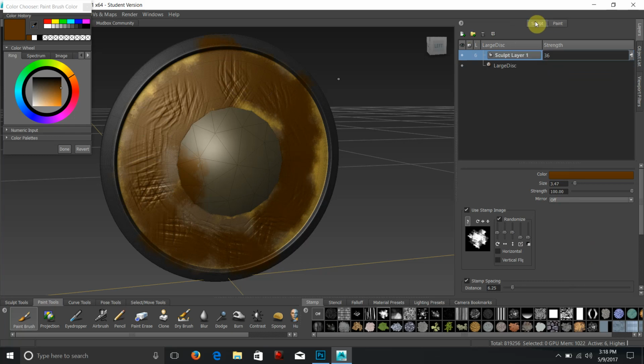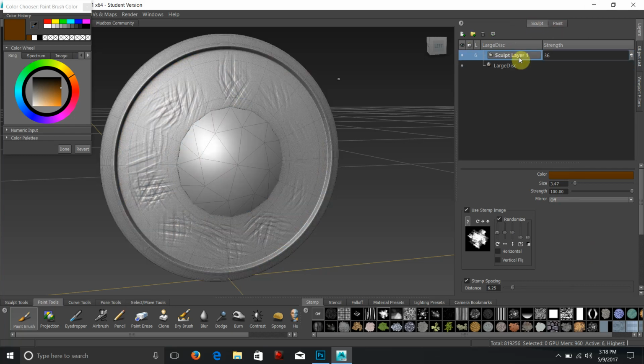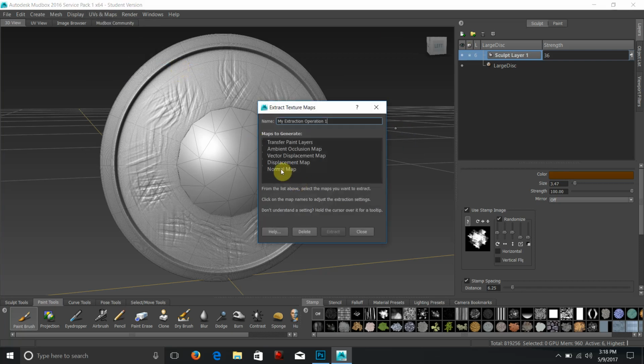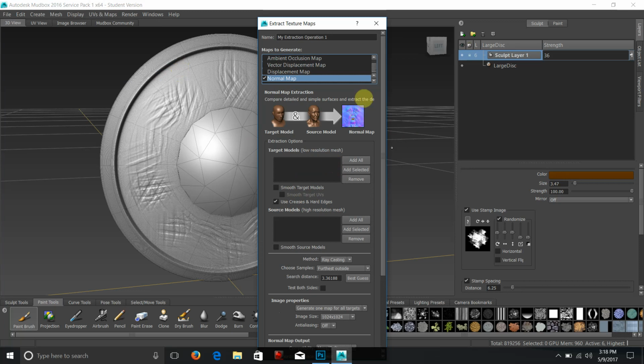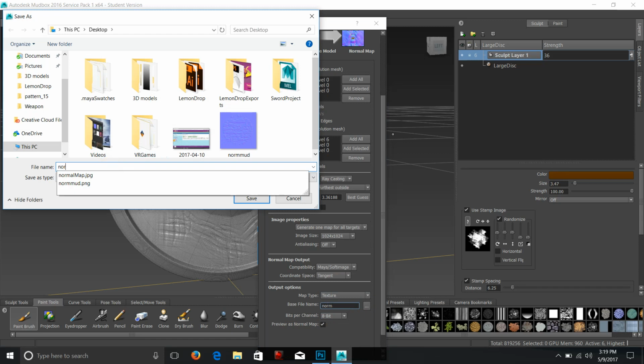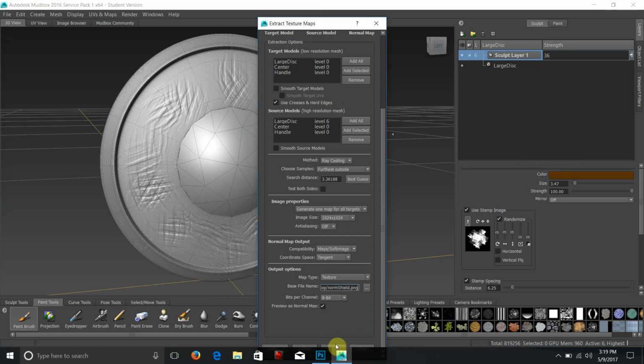If I want to deal with just the sculpting, let's turn the little eyeball off here, I can actually export these sculpt layers. But for that, what I would do is go to Maps and UVs, extract texture maps, go to normal map, and I can do an add all here, and I can add the lowest level, I can add the highest level, I can name them norm. So I'll make sure, again, I always do that a little backwards, but norm, shield, hit save, hit extract,